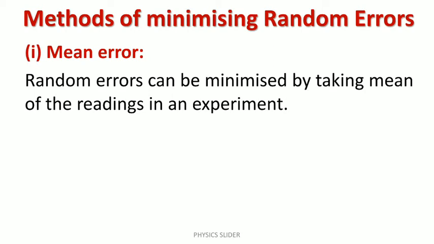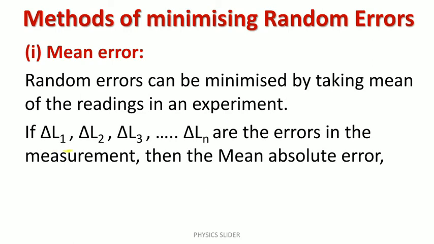Okay, so what we have to do is take the mean of the readings in an experiment. In any experiment, we take some readings, the number of readings being 4, 5 or 6 or more than 6. So we will take the mean of them to minimize the random errors. How to take the mean? Watch here. If delta L1, delta L2, delta L3 and so on up to delta Ln are